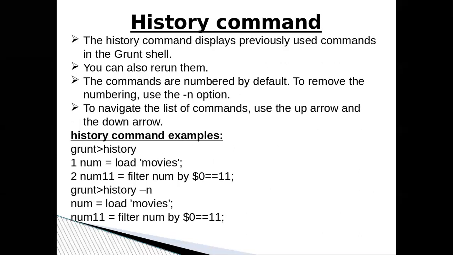Then there is a history command. The history command would list all the commands that you've used previously. You can also rerun those commands by using the up arrow or the down arrow key to navigate through them. By default, the commands have a number associated with them. If you've just run 2 commands in the current session, it would display 1 and 2 as their starting numbers. If you don't want to see the line numbers along with the commands, you can use history -n. So this is about the history command. We'll see it soon on the terminal.